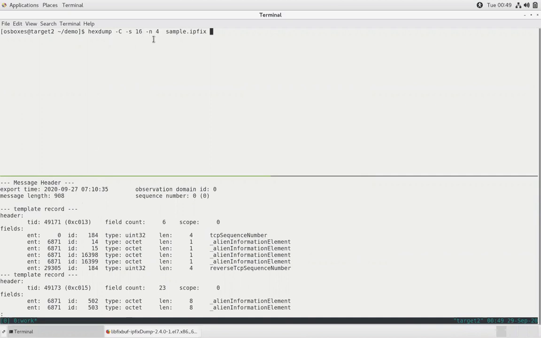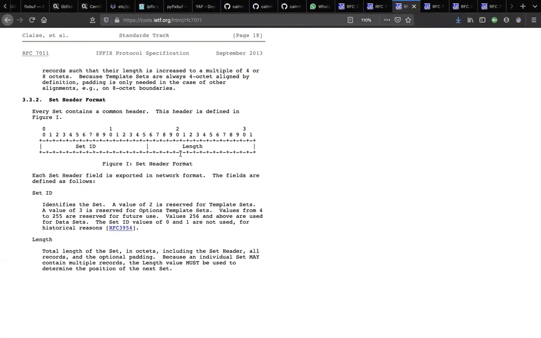So we'll use hexdump, introducing a new switch, the -s switch, which will instruct hexdump to skip the 16 initial octets or bytes, which we can do because we know that the size of the IPFIX header is 16. That lets us directly focus on the set header. And here we do see that the value is 0002, or simply 2 in hexadecimal, as seen here.